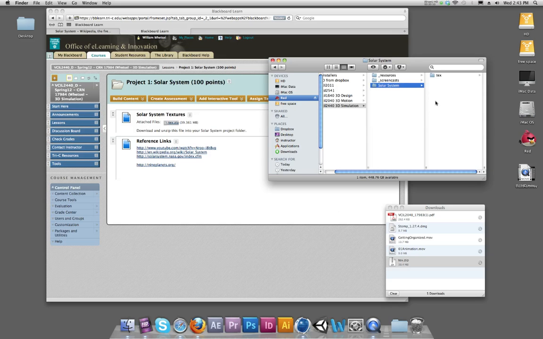That's because it looks inside its own folder for texture reference, and text is an appropriate shorthand that Cinema 4D recognizes as a texture path. So it's not arbitrary that I have my solar system project folder and my text folder inside that folder. That's an important hierarchical relationship. So once I've established that, I have my project folder, I have my texture folder, and now I can get started with the task of